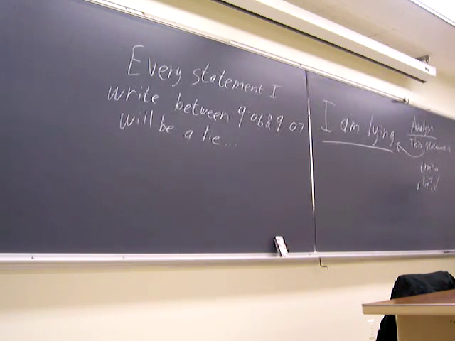But if it's a lie, and my statement was that I was lying, I was telling you the truth. Right? I said I was lying. In fact, I was lying, so it was actually a true statement. But of course, if it was a true statement that I was making, and I told you that it was a lie, then I was lying to you. And so that statement was actually not true, but it was a lie. But since it was a lie and I said I was lying, of course I was telling you the truth, so that statement must have been true.